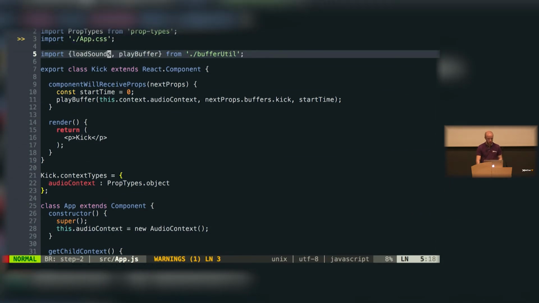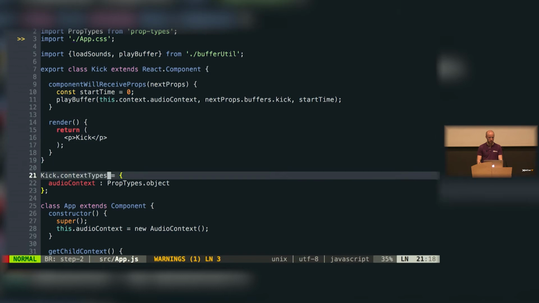I've extracted a buffer util because in order to load sounds, we'll have to load them asynchronously. So if we do step by step in the app,